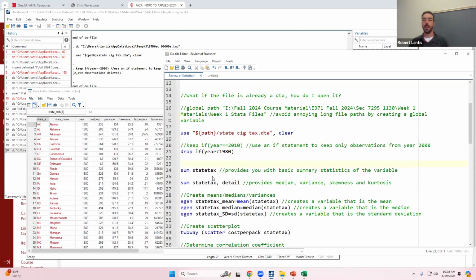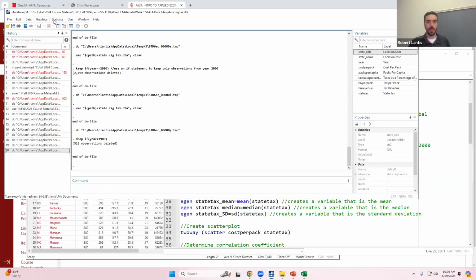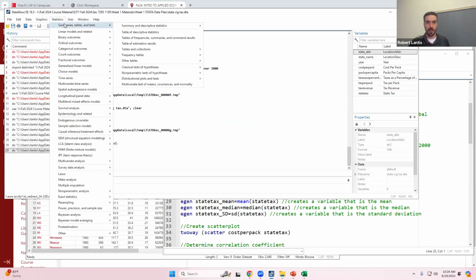So this is going to be kind of a cheating way of calculating statistics. I shouldn't say cheating. It's a really easy way to get these statistics, but it won't store them as variables or anything. So for instance, if I use this sum command, you can find this, and I don't use the interface often, so I think it's up here.